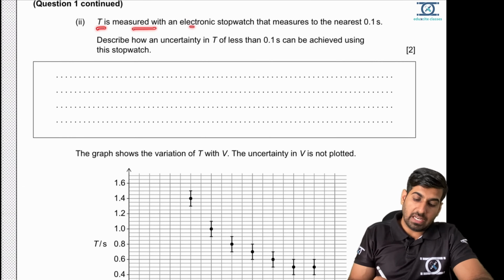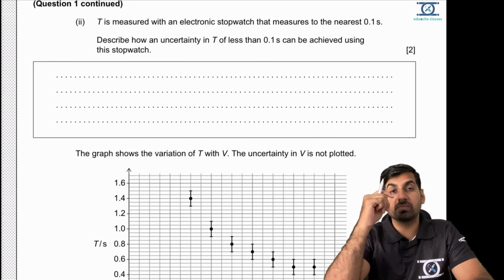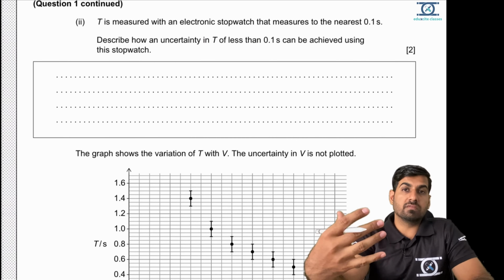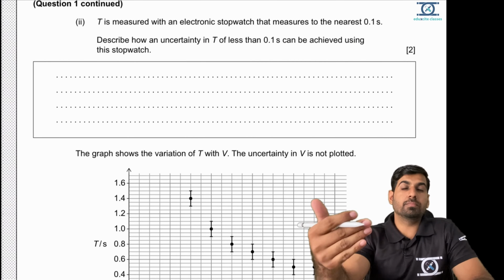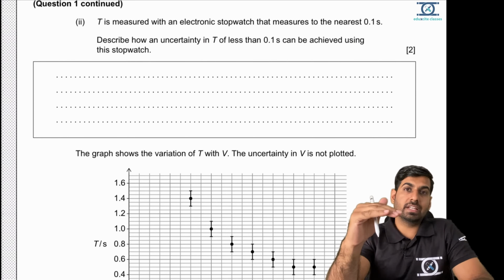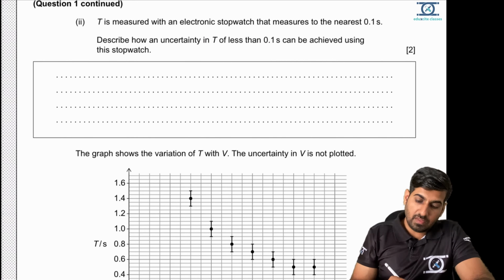Now t is measured with an electronic stopwatch that has a precision of 0.1 second. Describe how an uncertainty in t of less than 0.1 second can be achieved using the same stopwatch. Whenever we are dealing with an experiment that requires a stopwatch, uncertainty will always be there because of the reaction time. But in order to decrease the uncertainty in t, this can be achieved using this stopwatch by taking